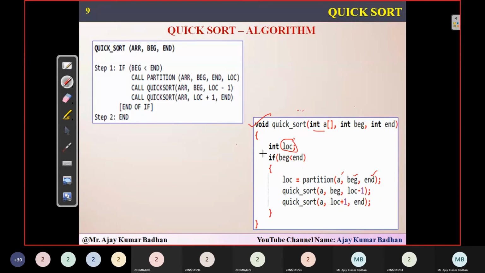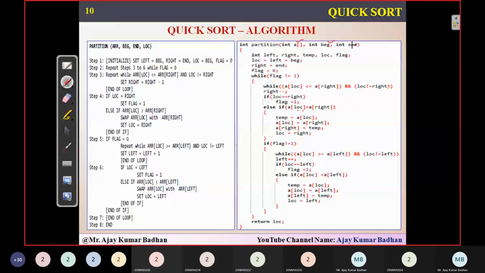Now see the partition. This is important. I will map this and show you. This is array, beginning, and location. Since I'm not using location in this, simply array, beginning and end, because we know that beginning equals location equals 0. You will see here, initialize the variables. First, int left, right, temp.